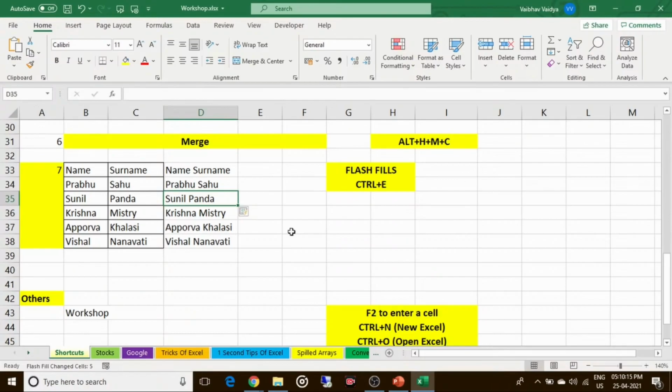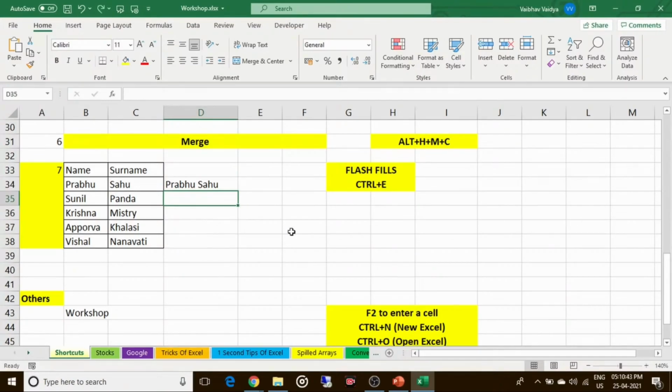So if you are having column B, C, put anything in C, something in D, and in column E if you are writing something, Excel will analyze what you are writing. First Excel will analyze, and after that Excel is just going to provide us the result that we desire. Okay, whatever result we want, our desired result, Excel is going to provide us. So for that we don't have to do anything, just Control plus E.